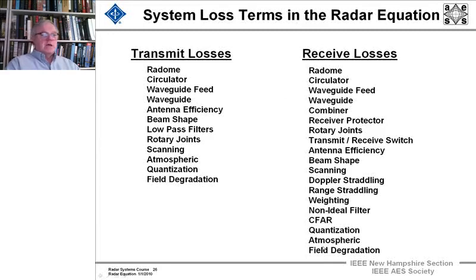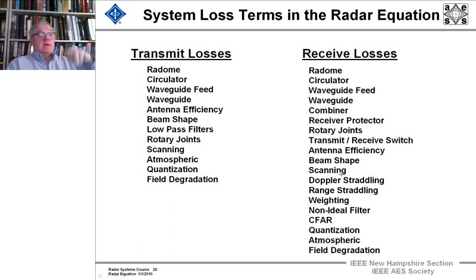And on the receive side, there's an even greater number. On the receive side, there's the radar energy coming back into the circulator, the waveguide feed, the waveguide, the combiner. There may be different waveguides combining to one central focus that will go into the receiver, a receiver protector that protects the receiver from getting jolts of energy from the transmitter, reflections that it shouldn't. Rotary joints also it's going through. The transmit-receive switch, the antenna efficiency, the shape of the beam, the fact that it's scanning by the target,